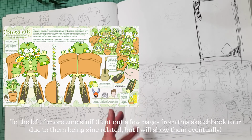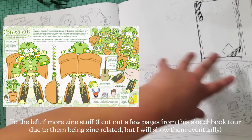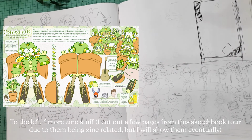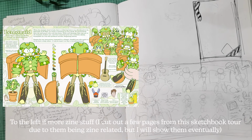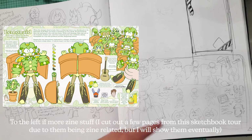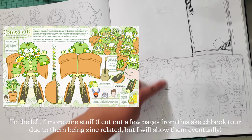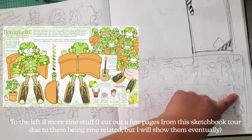Oh yeah, this is when I started to begin thinking of a new ref sheet for Lemonade, because at this point I wanted to change up his design a little bit, make him a little bit more cutesy looking. Here's the rough ideas of it, and then I'll show what the actual new reference sheet ended up looking like. But I wanted to explore having not just the full body as I did